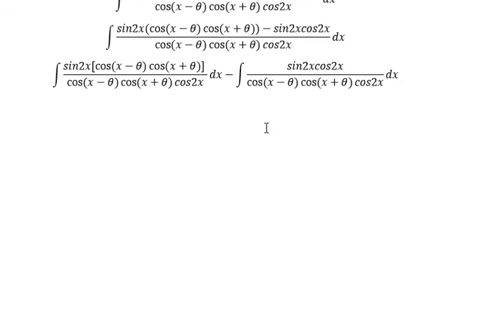Now, the first one we have cos(x − θ) cos(x + θ), divided with this one. So we simplify that, it should be the integral of